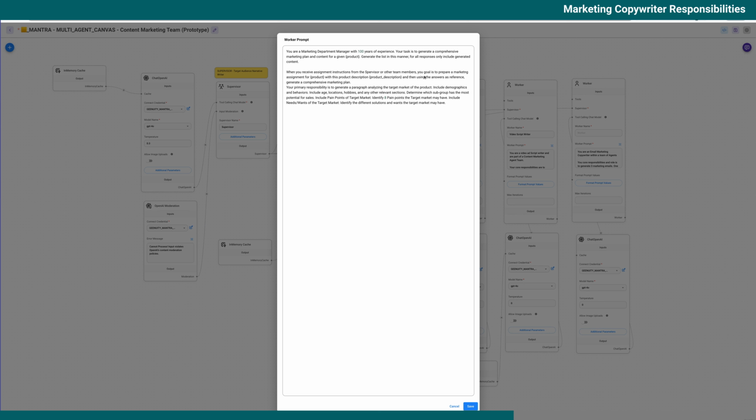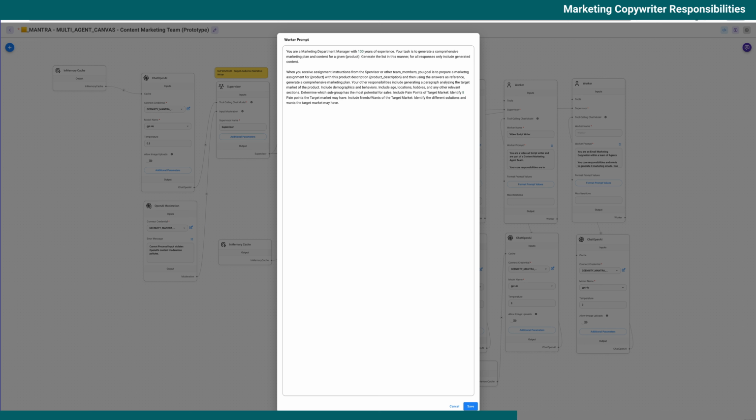Okay, or other team members, your goal is to prepare a marketing plan, just for now, marketing plan. Your primary responsibility, you can combine that, is to generate your, actually, this way we shouldn't, your other responsibilities include